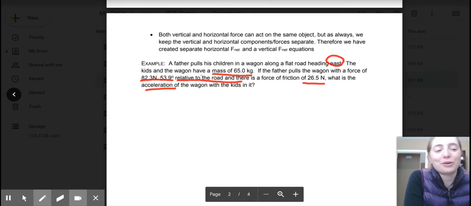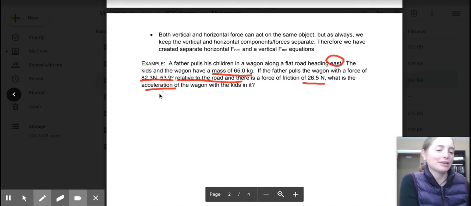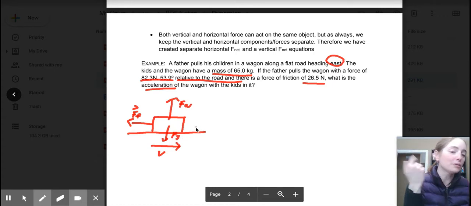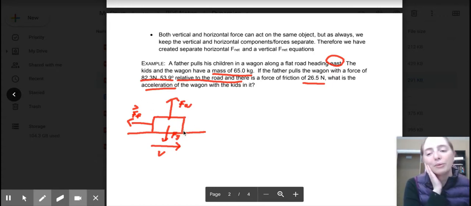The same as always, what we always do is draw ourselves a free body diagram. So, here's the ground, and here is our wagon. And our velocity is going to be towards the east. And as always, we are going to have a force of friction opposing motion. We have a normal force, which is the force of the ground pushing up on the object. And we have our force of gravity pulling down on the object. So all of those are the same. None of that is new. What we do have, though,